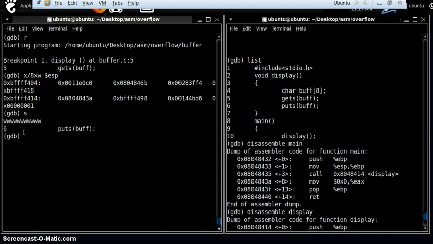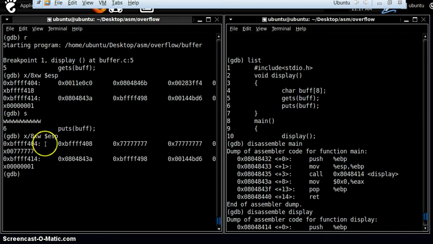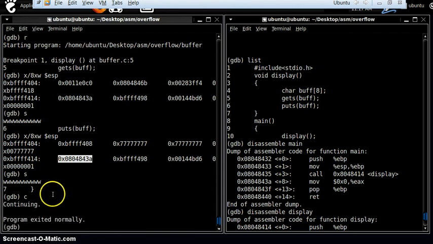Okay, so let's check our stack right now. Still the return address remains unchanged because the value carries only up till here. So still our return address is safe. Let's continue, program exited normally. Again run the program.